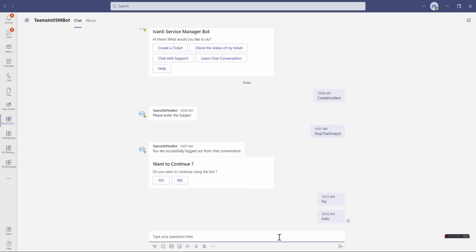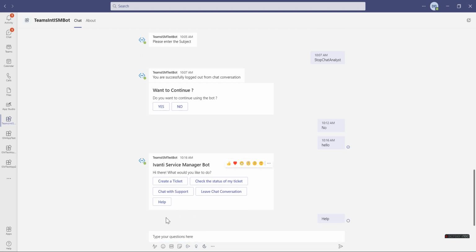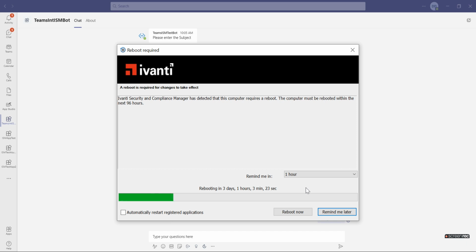So I have sent hello and I am waiting for the response from the bot, that is the main hero card. So this is the help button that has been added. Once the user clicks on this help card, it gives another hero card which has a short description